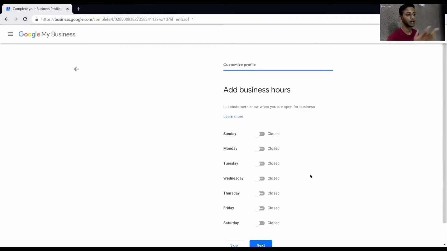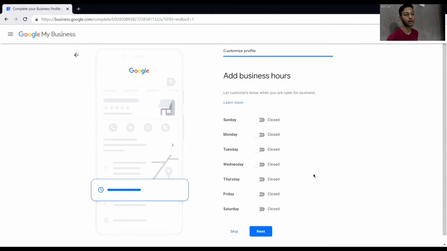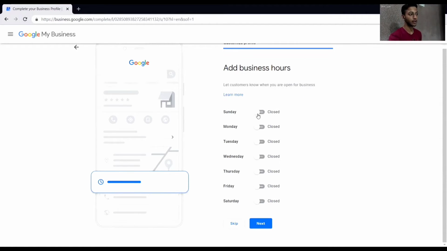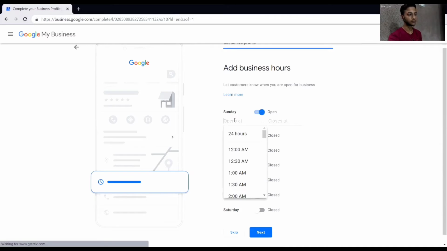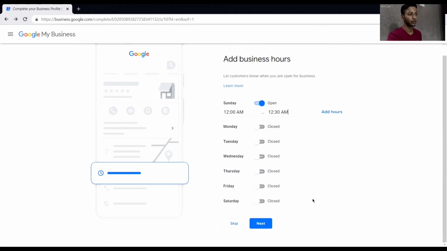It will help you if someone is searching for digital marketing. Then these services will help your listing to rank. So you can add your timings also. I'm adding just something simple. Okay, you can add and optimize it. Next.